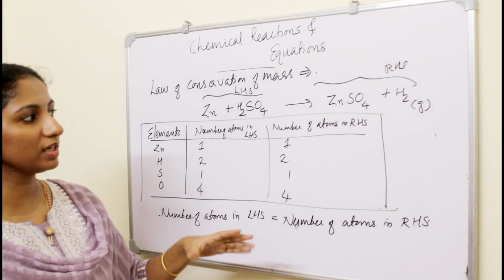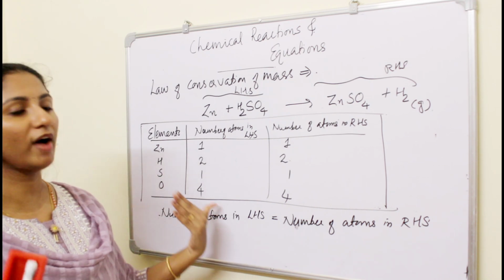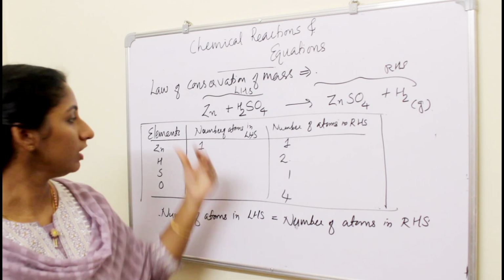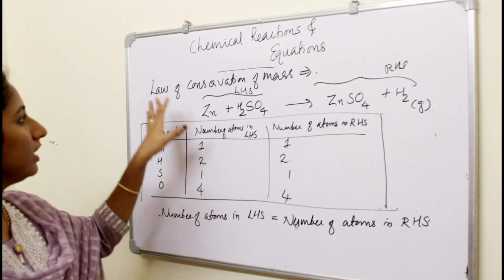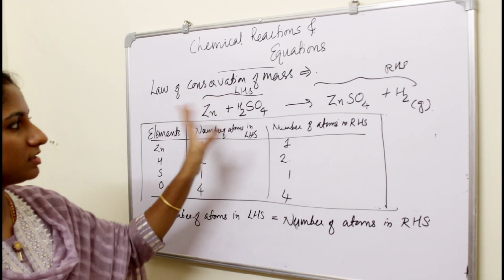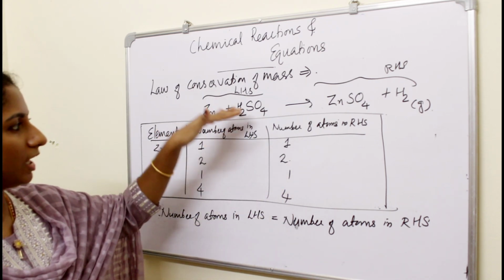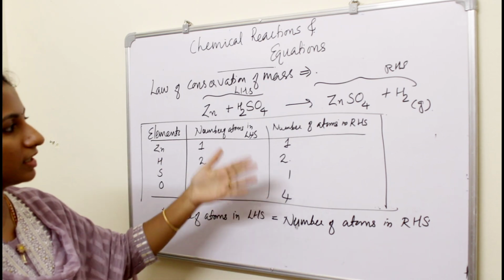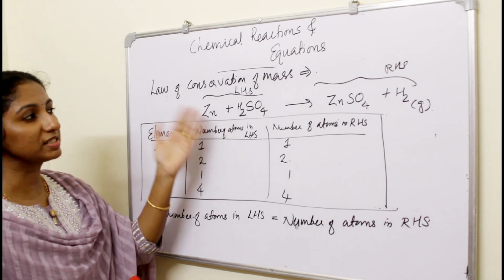Okay, if the equation is not balanced, we want to balance the equation till the number of atoms in left hand side is equal to the number of atoms in right hand side for each element. Okay, then we can say that that equation is following law of conservation of mass, so that equation is balanced. Okay, here in this case the equation is self-balanced. That means in the single step the number of atoms is almost equal. Not almost, it is actually equal. So we can say that this equation is following law of conservation of mass, or this equation is satisfying law of conservation of mass.